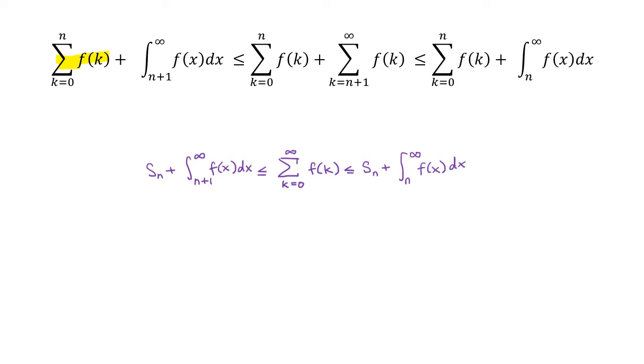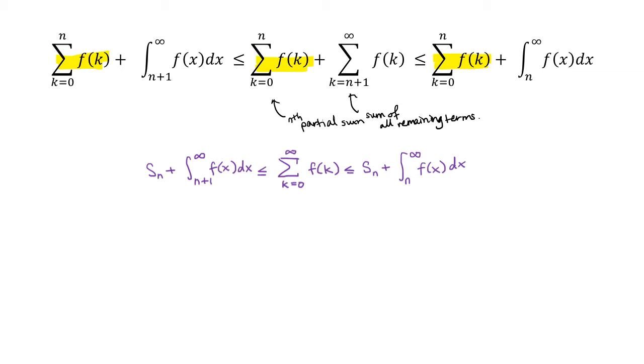By adding our nth partial sum to each term in that remainder inequality, we get that the actual sum of this series, which is equal to the nth partial sum plus the sum of all remaining terms, so that this is the true value of this series, is going to be less than the partial sum plus